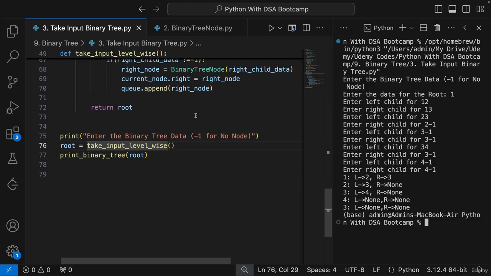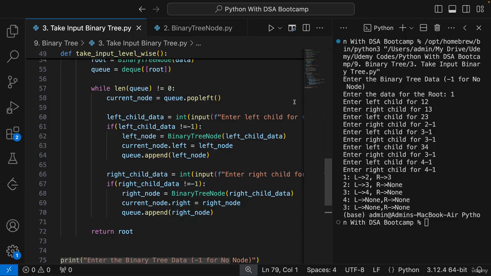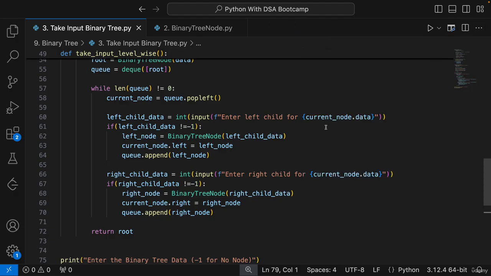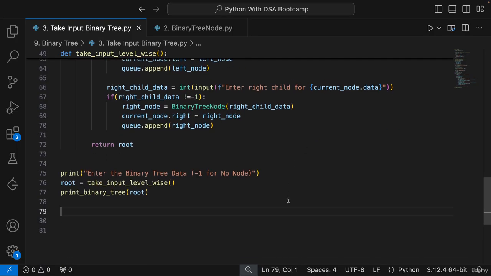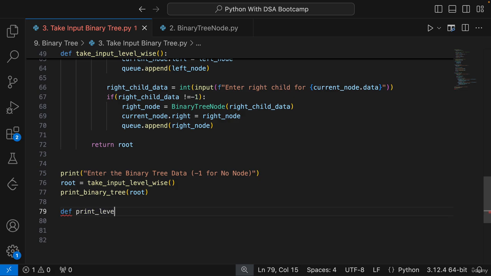Now I want all of you to make a function for me. Pretty sure that this overall way of taking the input will be clear. We have just used another data structure, which is Q. Similar format understanding we followed in our generic trees. Just there, the number of children were not fixed. Now, what I want all of you to do is print the binary tree level